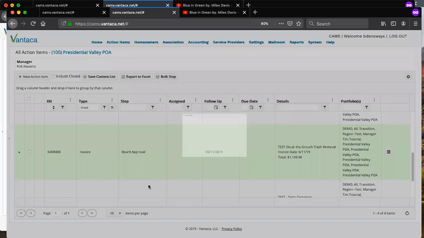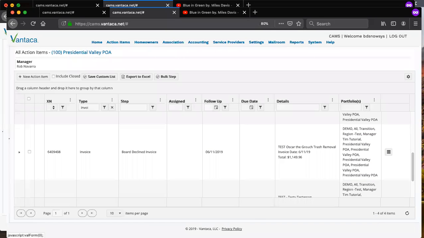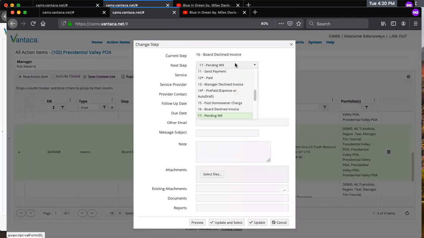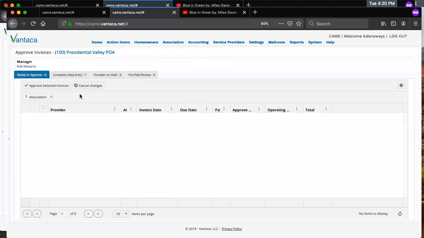And then I'm going to do something that you guys should never do, and that is step these invoices. So we're going to say that the board declined that. And then we're going to bring it back to manager complete data entry. So let's go back to accounting approve invoices. Now it's in